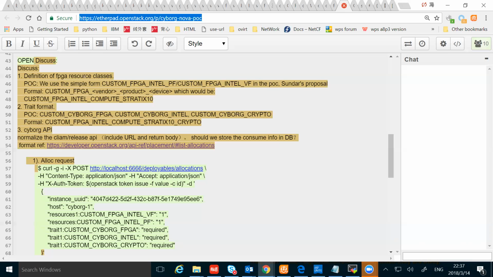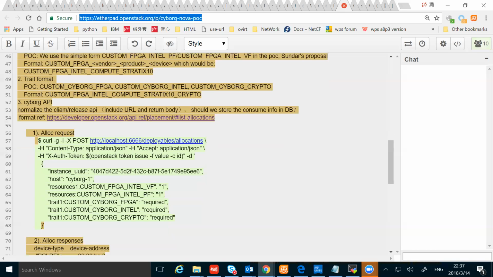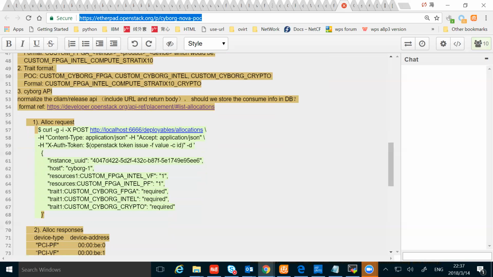The resources in placement that are allocated to a workload, to an instance, are generally deleted all at once, right? So if something goes wrong and Cyborg cannot assign an instance to a particular slot on the FPGA, what would happen is the delete allocations for instance call would be made, and all of the resources for that instance would be removed at the same time, and the instance would be rescheduled. Okay,